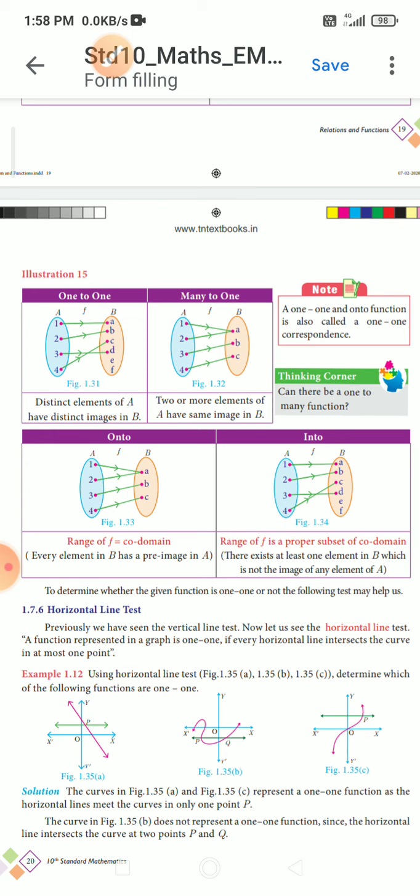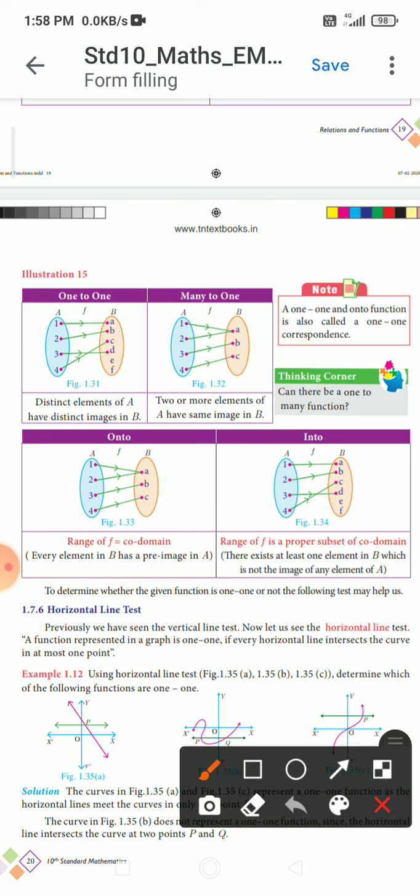Okay, next see the onto condition. The onto definition is: range of f is equal to codomain. Here, set A has 4 elements 1, 2, 3, 4, and B has 3 elements a, b, c. The codomain is set B, the domain is set A. 1 has image a, 2 has image a, 3 has image b, and 4 has image c.